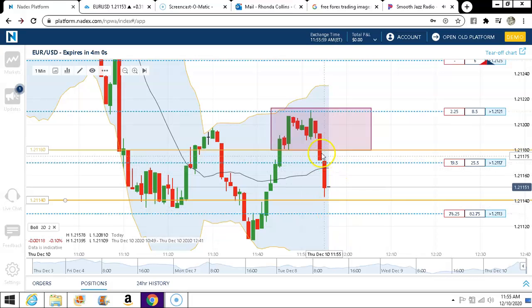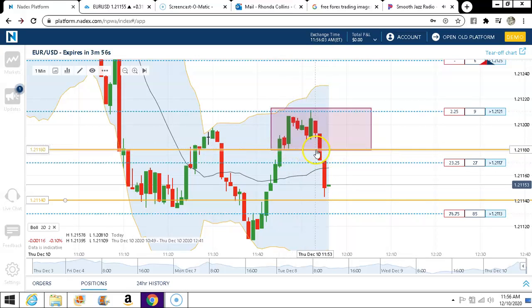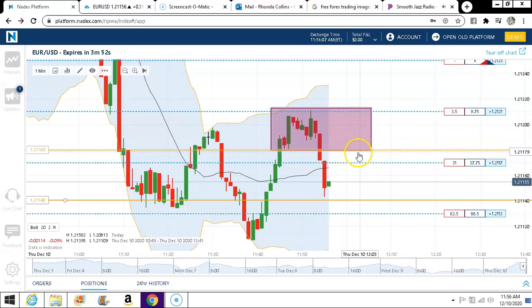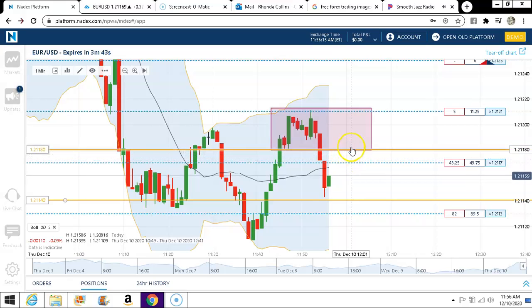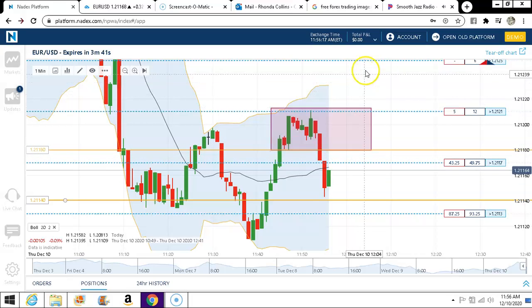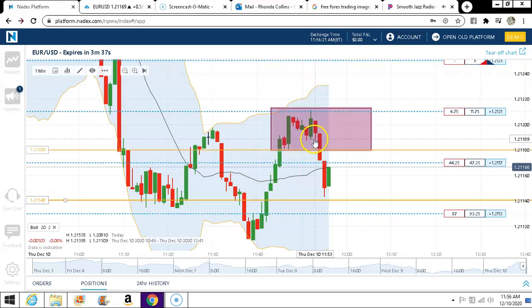But usually what price does when it engulfs an area is it will come back and retest that area before continuing to go further down. You have to wait for the retest, because what price could do is go back all the way through here and continue up. But we have indication that price may want to go down